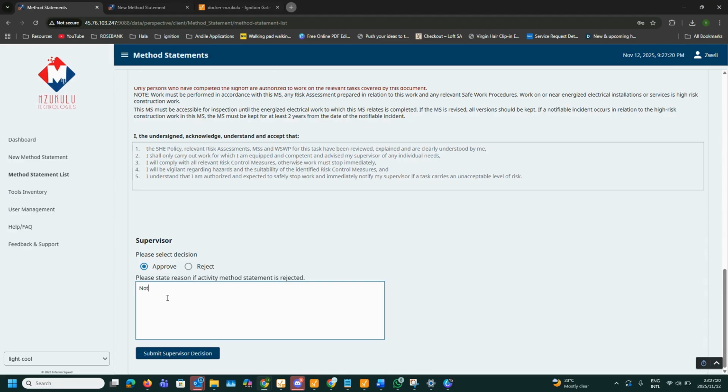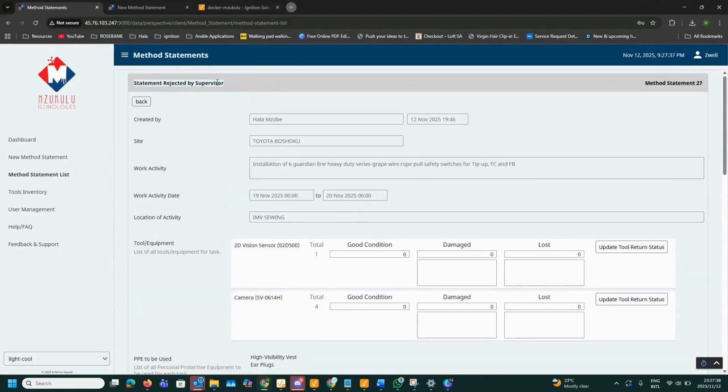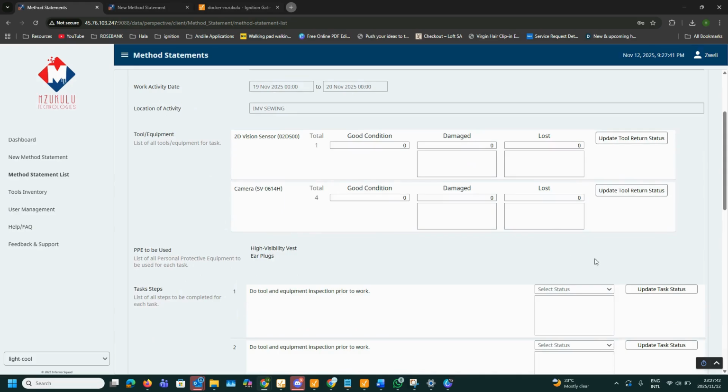So if it's not detailed enough, you can reject that form. Okay, so that has been updated and it will show up here as the statement has been rejected by the supervisor. This means that logged in users still can't update any of the fields that can be updated on the